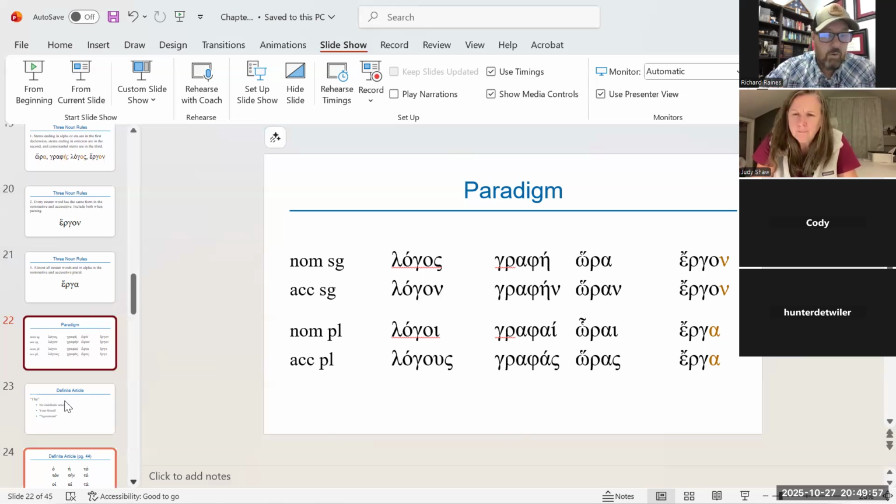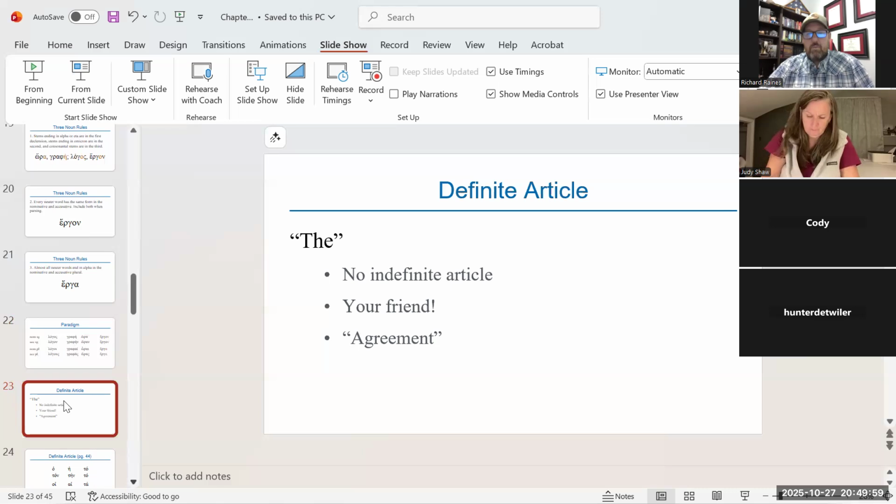So the definite article is simply the word the. So we have definite articles and indefinite articles in,